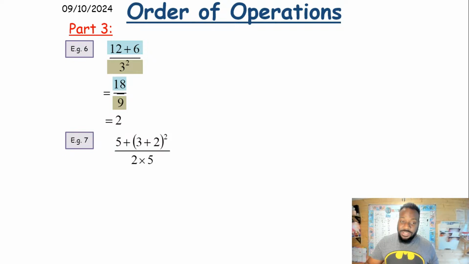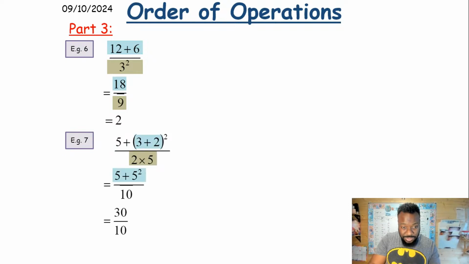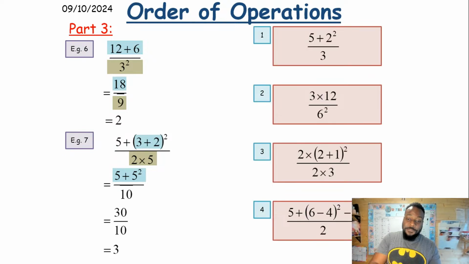We can simplify it down. Dealing with the brackets first, 3 plus 2 gives us 5. We have to raise it to the power of 2, so 5 times 5 is 25. We have to add 5 to it, and we're going to get 30. And then 2 times 5 is 10. 30 divided by 10 is 3. Okay? Now,